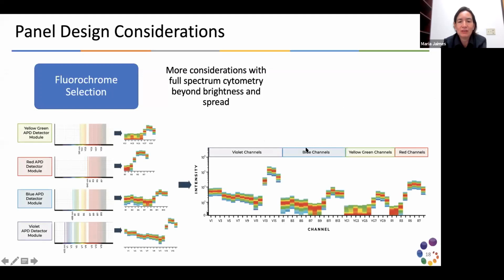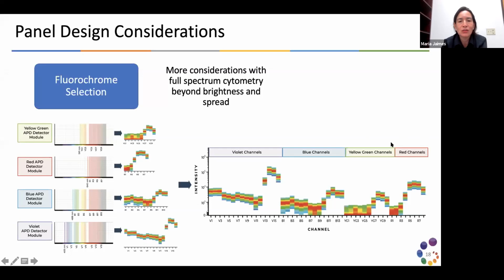And everything starts with this beautiful image that is an information that we get in our instrument, that is the full spectrum. Many of you, and we have shown these over the years, know what the full spectrum is, but basically, this is the fingerprint of every fluorochrome, and those ups and downs tell you what is the peak of emission, but also areas where you are going to expect spillover and where you need to pay attention to your